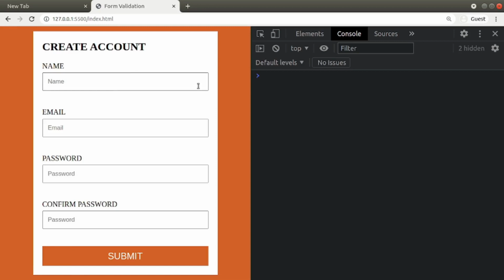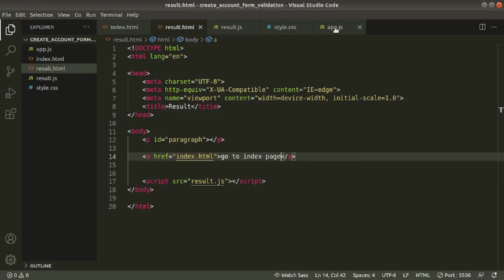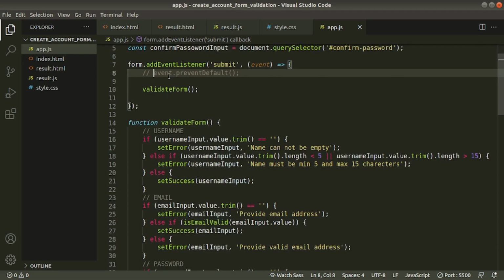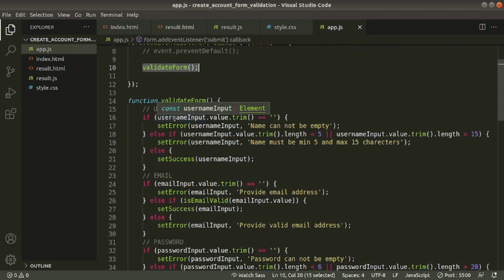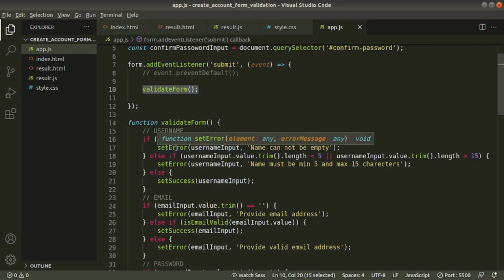and first we'll see our app.js file. What is happening? Go to the editor and app.js. Until now, see inside this submit, what we are doing, we are preventing submit. Later we are calling this function, and there if it is valid or not valid, based on that we are adding success or error classes to show the user their input is valid or invalid. That's what we did here. Now the point is, it is showing icons, later it is loading a new page.